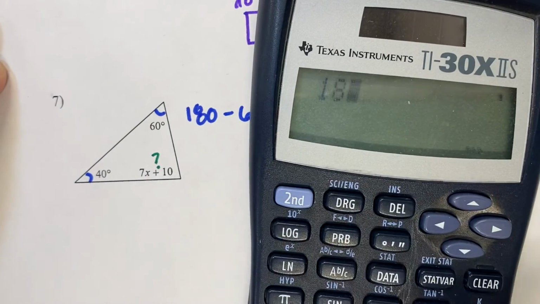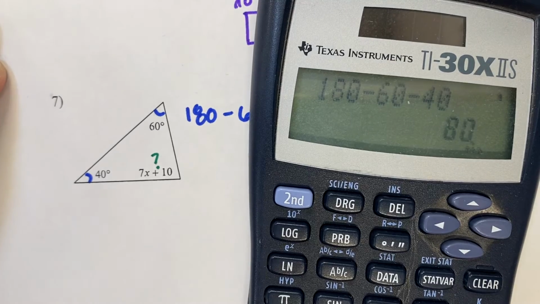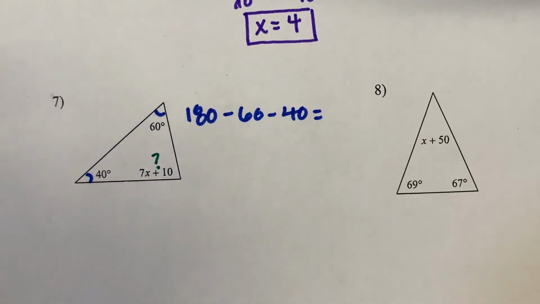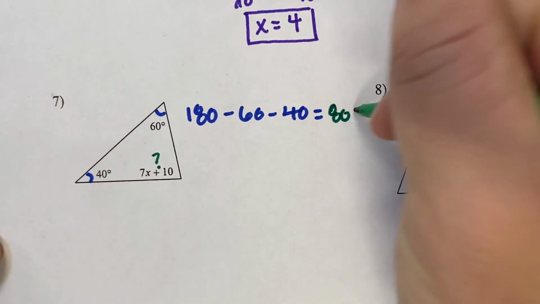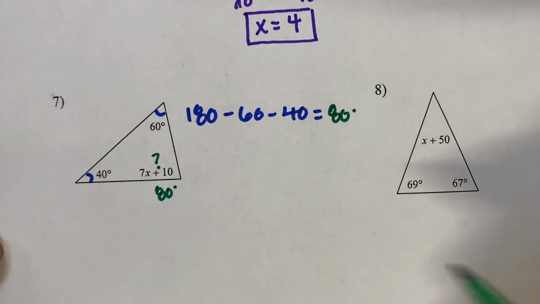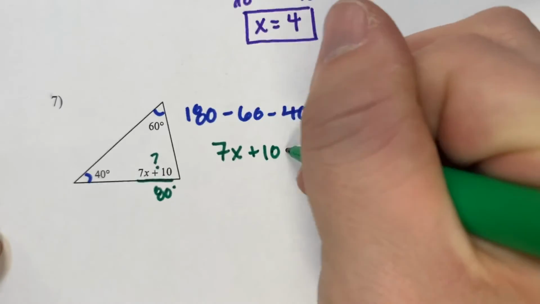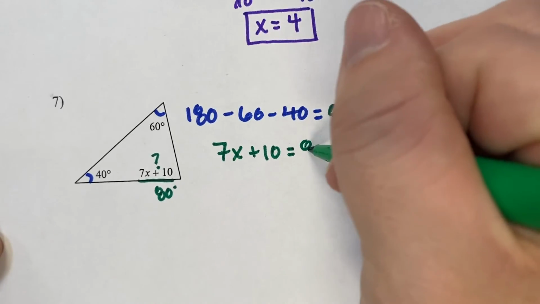Okay, well, let's do it. 180 minus 60 minus 40. And that's going to give me 80 degrees. So we know that that third angle has to equal 80 degrees. Okay, well, in order to solve for x, let's take the equation that it gives us, 7x plus 10, set it equal to our 80 degrees,